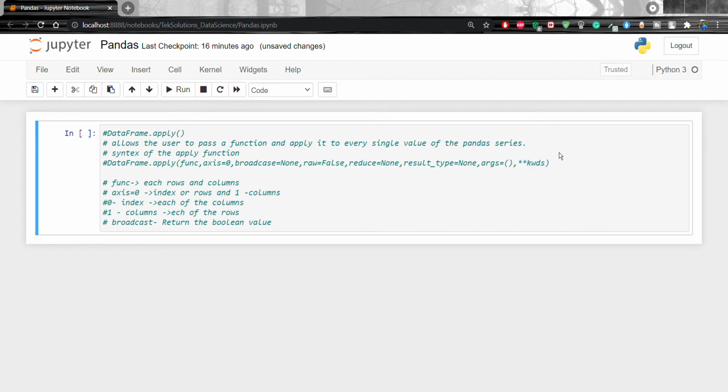So next one I am going to show, that is the lambda also with the axis and result type. So lambda x: [1, 2]. Now I am going to pass axis 1 and result_type equal to expand. Okay, so what the output will be? The output will be the same, but we are passing result_type equal to expand. That means 1 and 2 are going to display separately, 1 2 1 2 1 2, instead of the list. Okay,